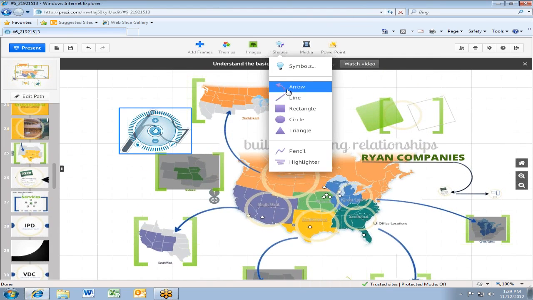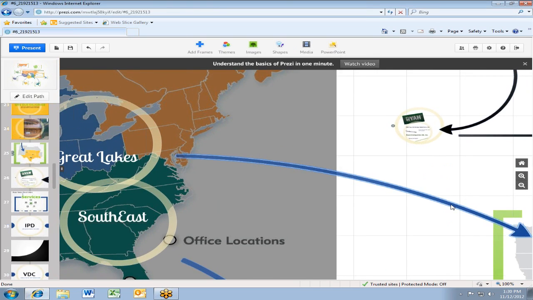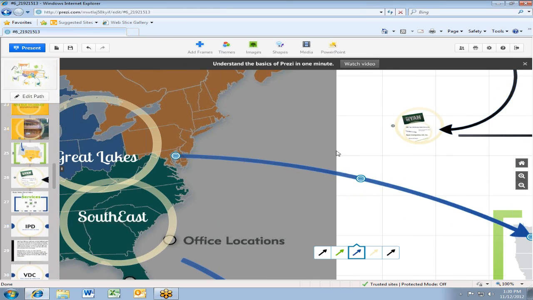Shapes. This is where I've done my arrows, my lines, my rectangles, all these little things that are here. And again, remember in the theme area, I chose to have my arrows come in as blue, but you can see that these are black. You get a choice of 5 colors when you set those original colors within your theme. So you can see when I'm on this blue one, I can change it to any of these colors that we have listed here. As far as resizing these,